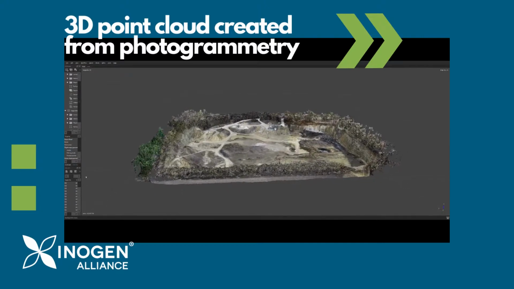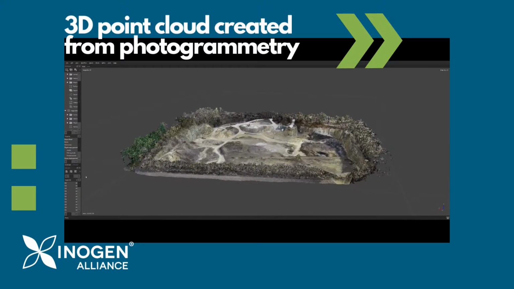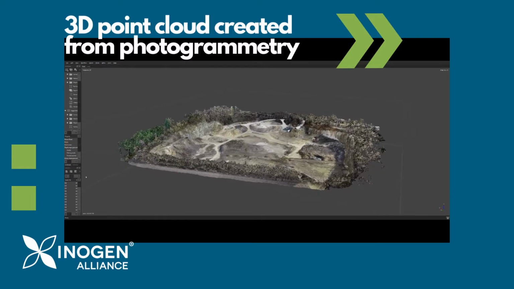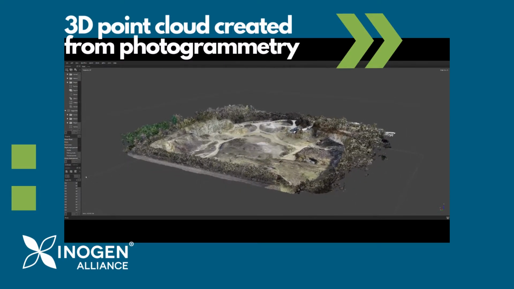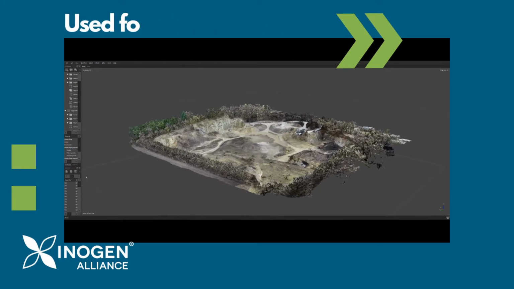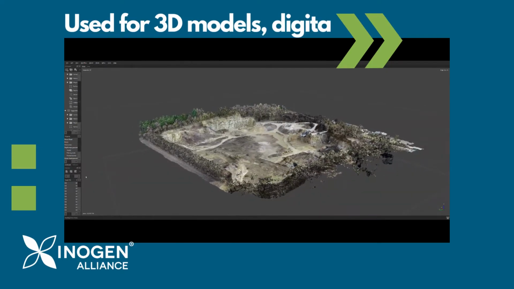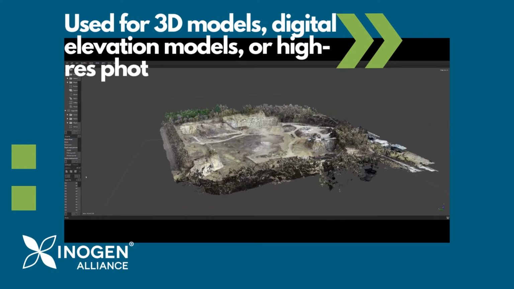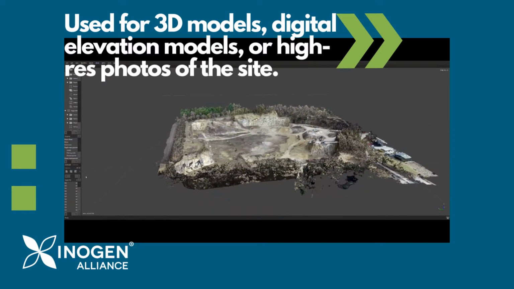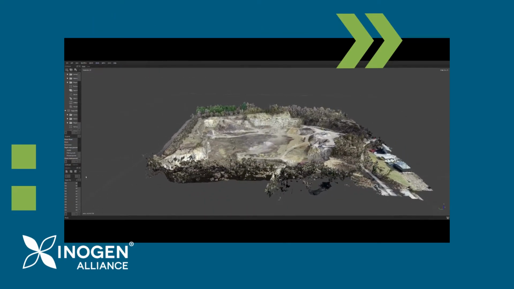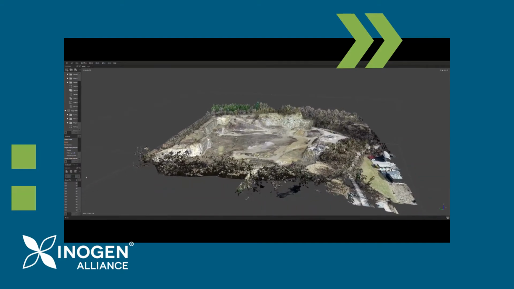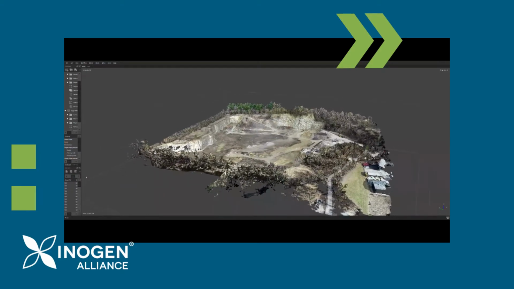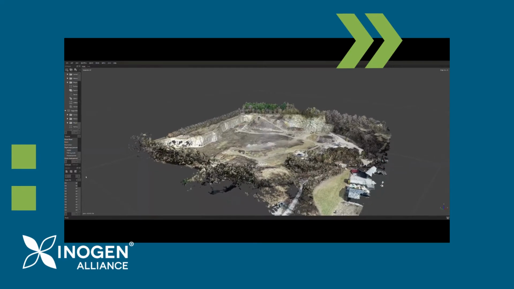It uses many overlapping images and coordinates to create points in a coordinate system representing the surface of the recorded area. These point clouds can further be used for generating mesh-based 3D models, digital elevation models, or high-resolution orthophotos of that site. This project aims to restore the natural habitat of animals and plants by rebuilding the landscape after special